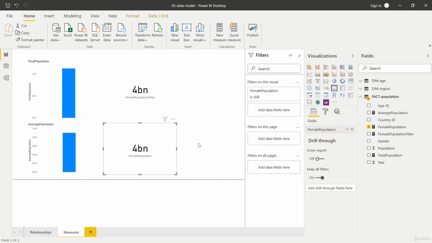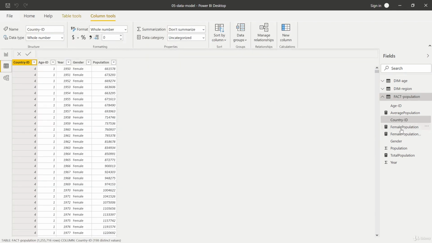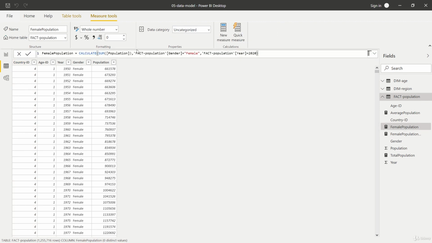And this brings us to a little question at this stage, because if we go back to the data view, you see we have these two measures now, this female population measure not using any filter function and the other one with that filter function. And at this stage, both return exactly the same result. For the moment, both approaches are valid, so you can use either of the two. But once we dive into the report view in the next module, and when we investigate a specific visual named slicer, both work differently. Then it will become evident why you should exactly know which impact the filter has in the calculate function and which impact it doesn't have.